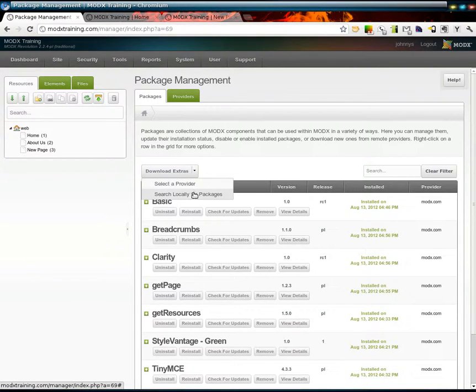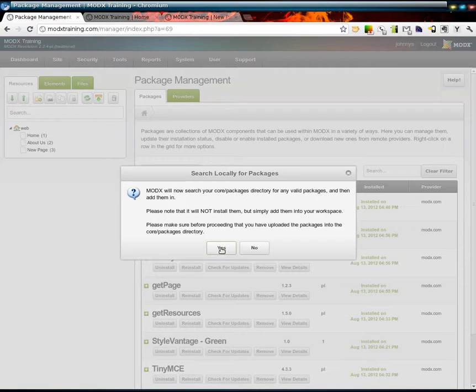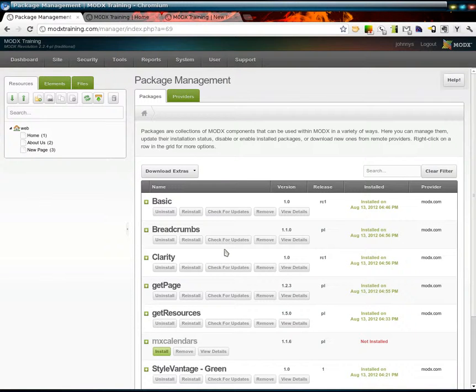So we can go to the download extras, and to the right of this we can see this little down arrow. If we click that, we get a couple additional options. And because I manually installed this package through FTP, I want to do a search locally for packages. Search locally tells Modx to not go outside and look at its repository, but to actually look on the file system in its designated folder for any new packages that are not already listed in that main view that we